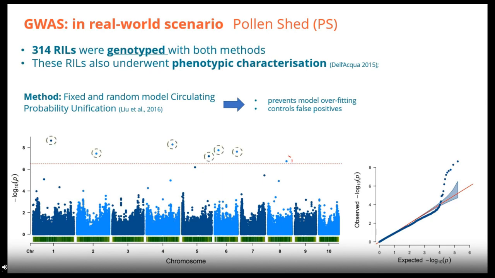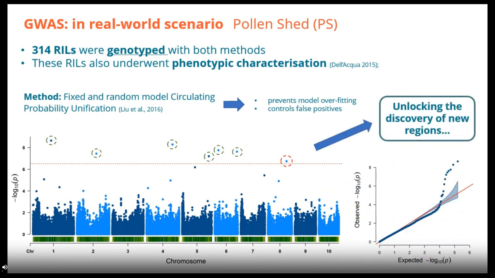And what we see here, highlighted in red, is the same old signal on chromosome 8, the one you saw on Pollen Shed. Here we are testing Pollen Shed. But we also see 6 other regions, on chromosomes 1, 2, 4, 5, and 6. And so it means that with these new data sets, we may unlock the discovery of new regions when we